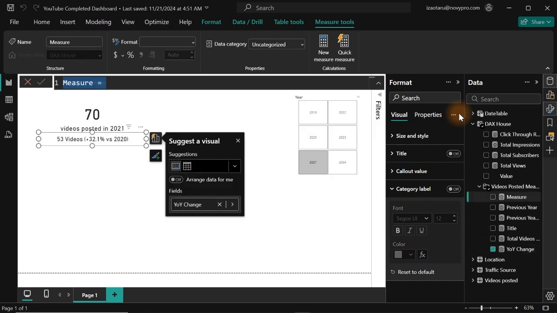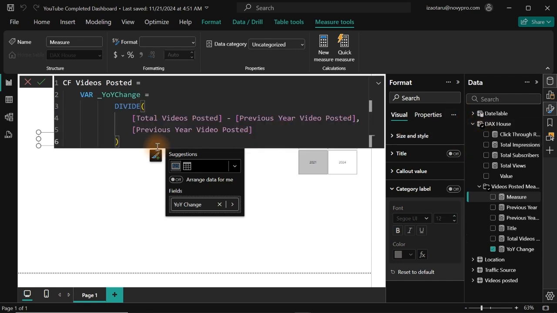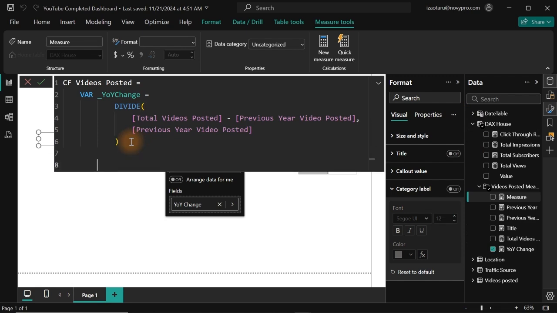So we can actually come over here and say CF for conditional formatting, video posted, with the equal sign here. So we're going to paste this one over here. Once pasted, this is going to give us the year-over-year change. So we are going to go down and return